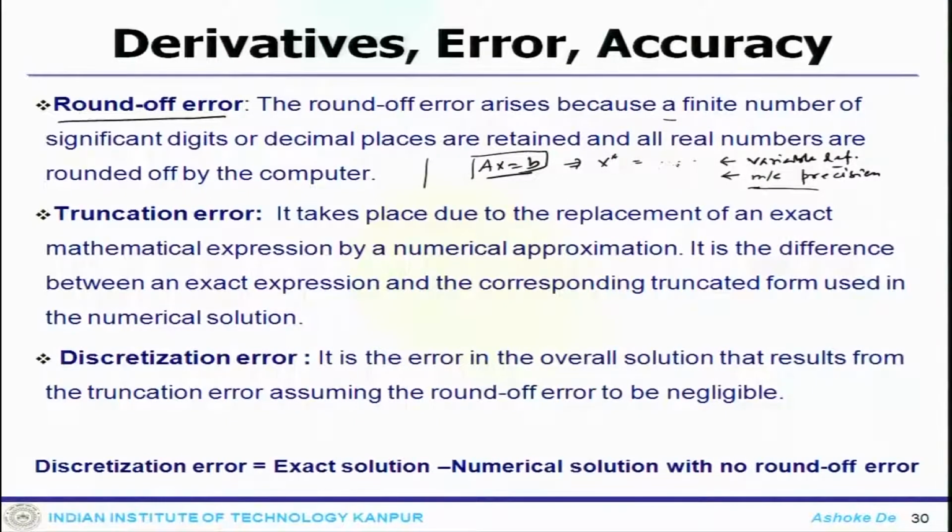So, in certain problems this could be a problem, in certain applications this may not be, but typically if the round up error is more and more, this gets accumulated,